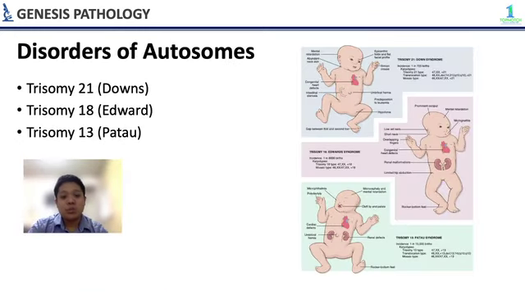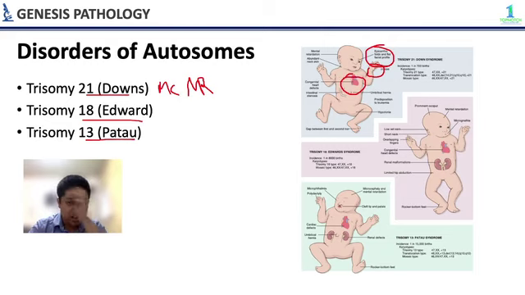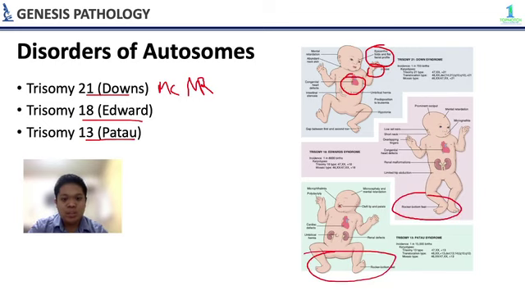Next, we have your disorders of autosomes. So trisomy 21 Down, 18 Edward, and trisomy 13 Patau. First, you have Down, which is the most common cause of mental retardation. The usual features are epicanthic folds, simian crease, and usually heart defects or endocardial cushion defects. Edward and Patau both have rocker bottom feet. However, Edward syndrome has overlapping fingers. Just think of Prince Edward, like he is blessing the people, overlapping fingers like that. And Patau has cleft lip and palate.